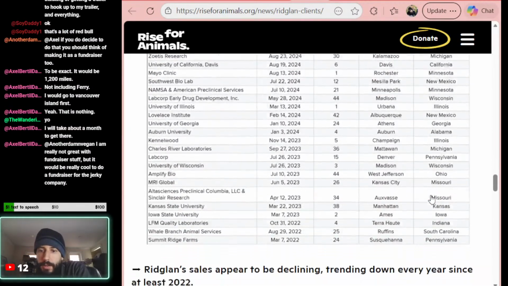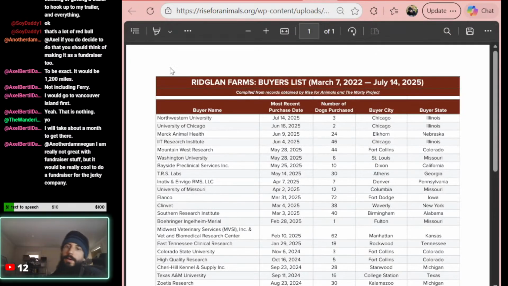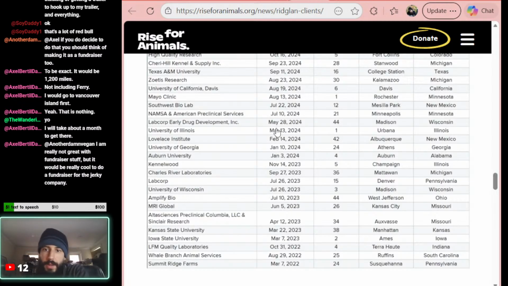This is an interactive map, but there's LabCorp, Denver, Pennsylvania. So this is the other one that I actually made another investigation board about, LabCorp. This is like an hour and a half away from me.